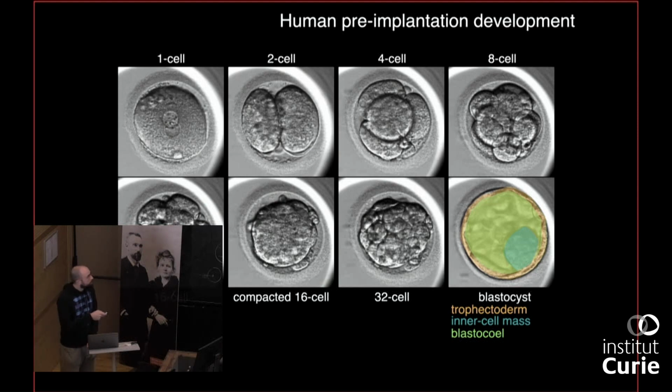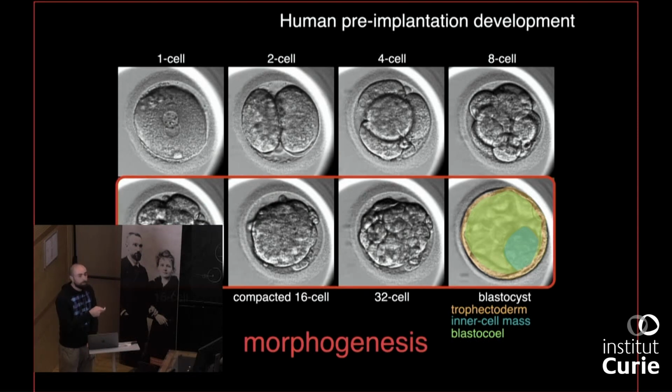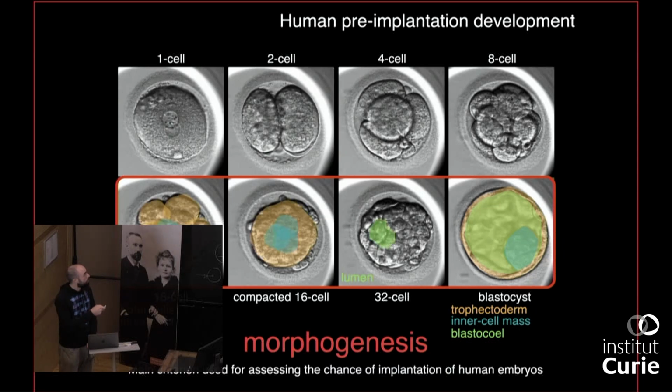And so we're interested in the morphogenesis of this embryo, and I like to break down the shaping of the blastocyst into 3 different events. The first one is compaction, where the cells are initially loosely attached and then they form a tight structure. The second step is the formation of inner and outer cells. And this is obviously very important for the differentiation of the cells into either inner cell mass fate or trophectoderm fate. And then the last step is the formation of a fluid-filled lumen, the blastocoel, which physically separates the trophectoderm, which is here, from the inner cell mass, which is there, and it breaks the radial symmetry of the embryo.